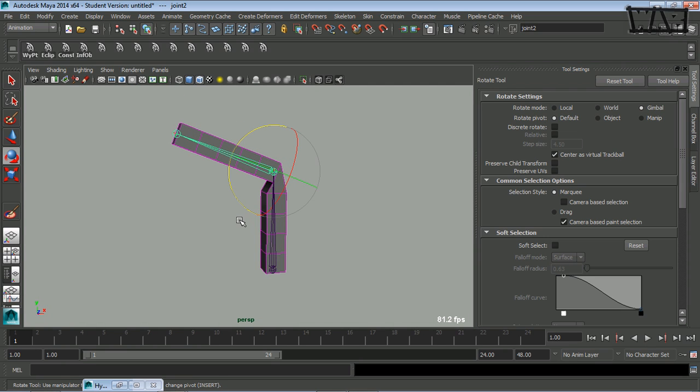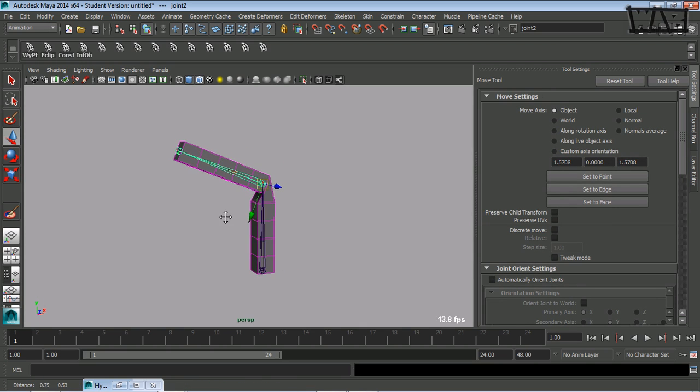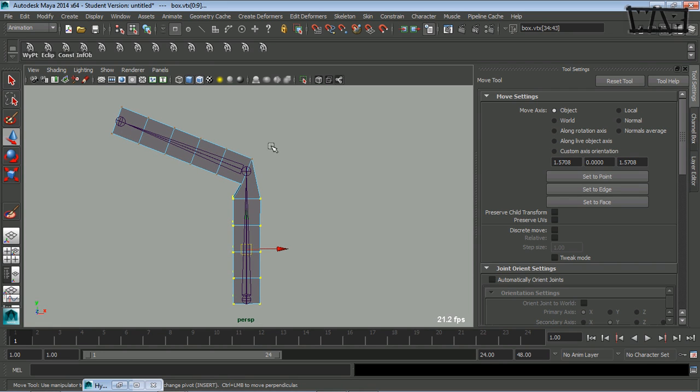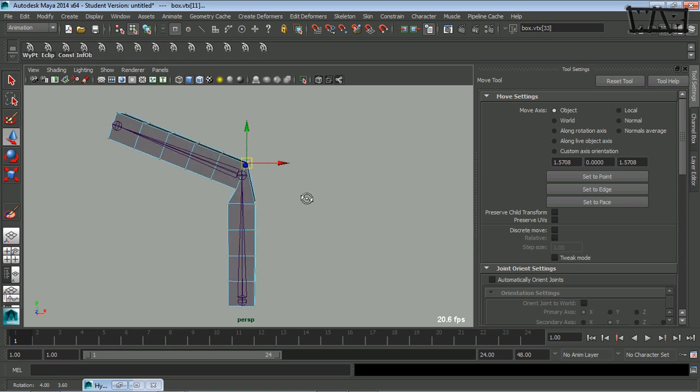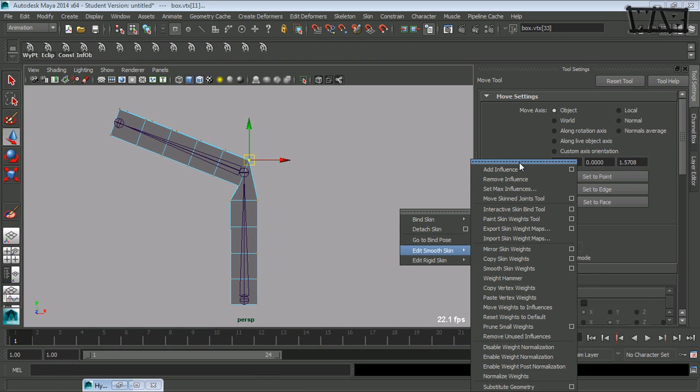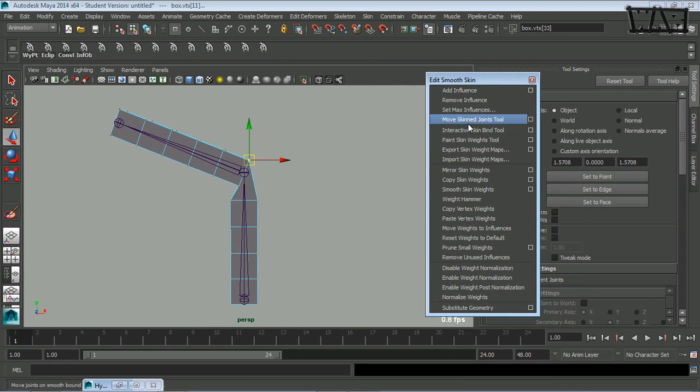Now, there's a way to smooth out the transition that I haven't showed you guys yet, so we'll just switch to our object and go to component mode, and I'll select the vertices that I want to be averaged out. Okay, so I could go to my skinning menu, edit smooth skin. I'll just tear this off for now. And there's this little tool called weight hammer. If I click that,